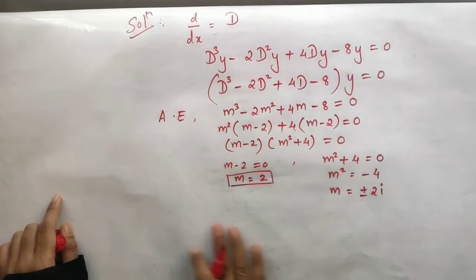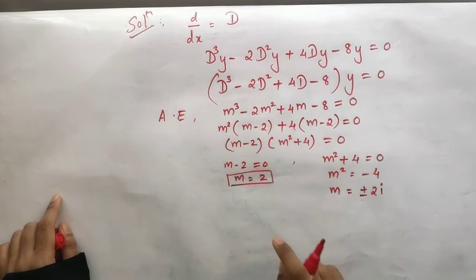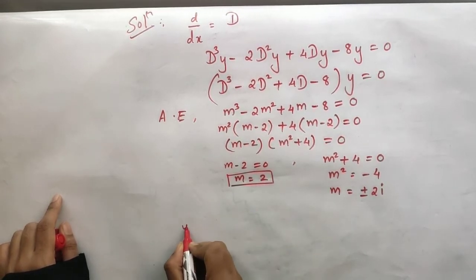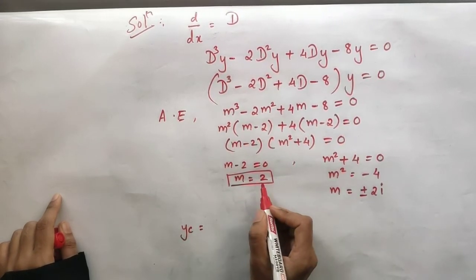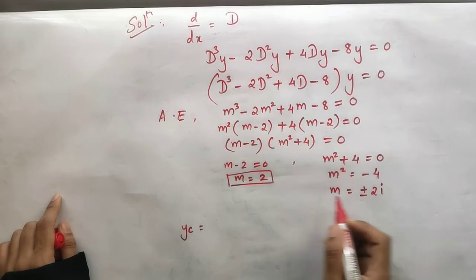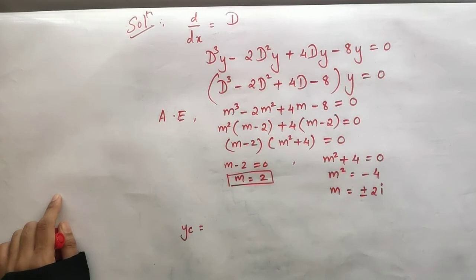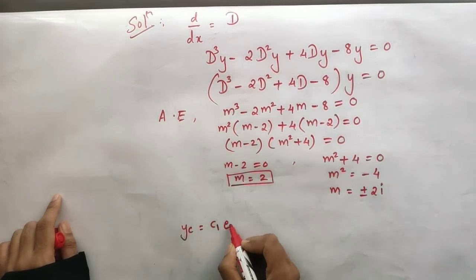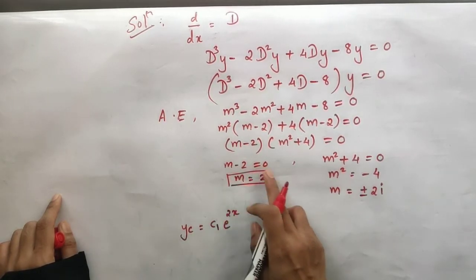So how will you write the solution for this differential equation? The solution we write as yc, that is the general solution. We write yc as, first the real root, and the other two are imaginary roots. First write the solution for the real root. Since there is one single root, the way of writing the solution for the first part is the real way only. So c1 into e to the power real root into x, is it not? This goes for the solution for m equals 2.